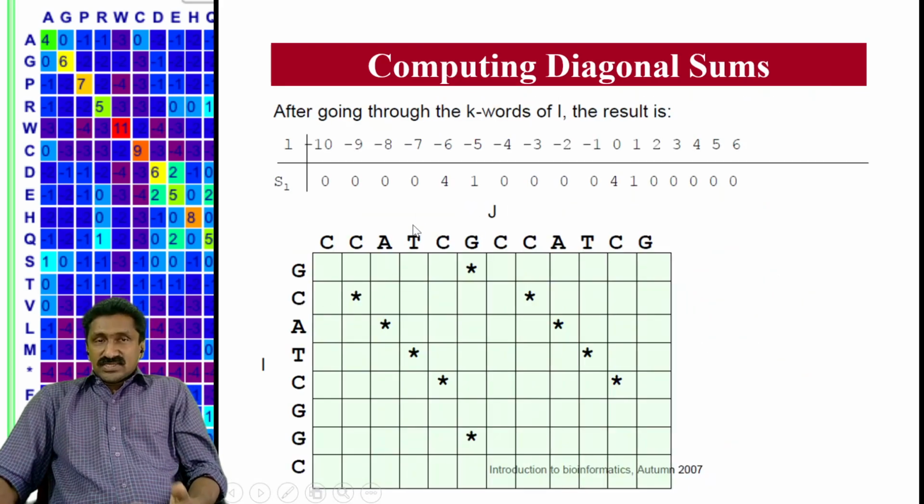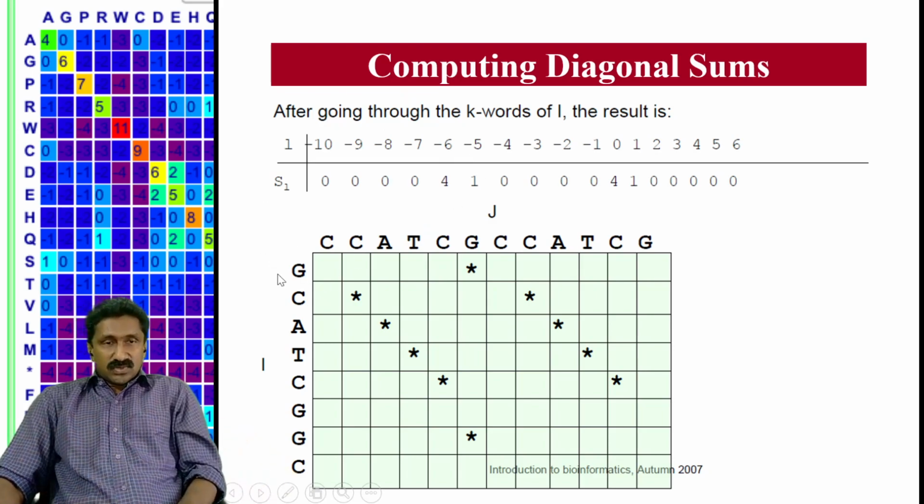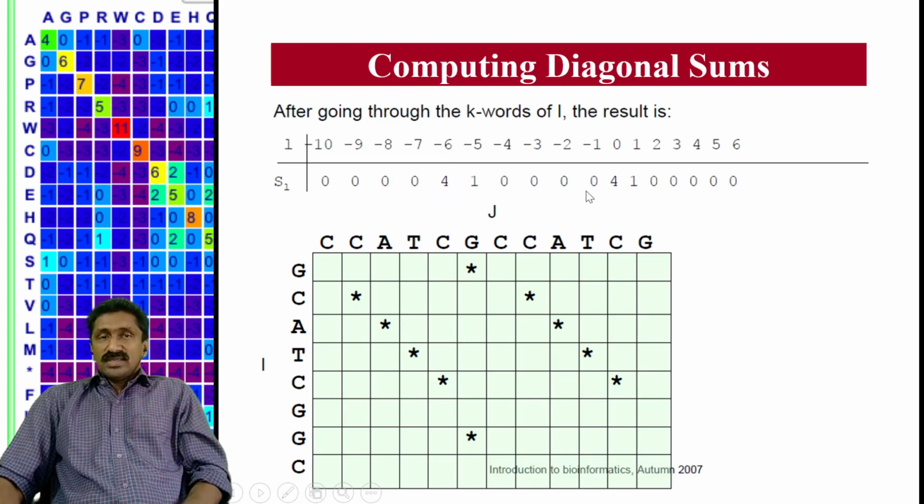And at the final stage, after going through the entire matrix, so word by word comparison of the string, 2-letter words will be compared at the end, and you can have such a value. For example, 4, 1, 4, 1. So these are the diagonal sums, which means we have a four-letter or forward matching diagonal at this point and this point. So we have two diagonals. This score actually indicates two diagonals with the forward matches, and there is only one diagonal, two-letter diagonal with at two positions with one match. Okay, this one and this one.